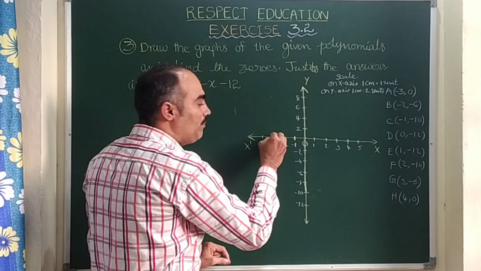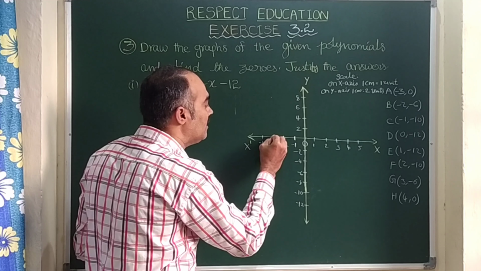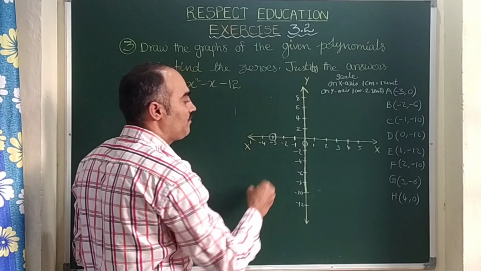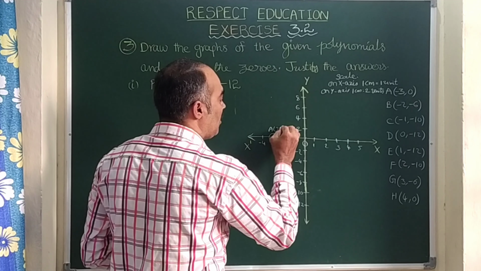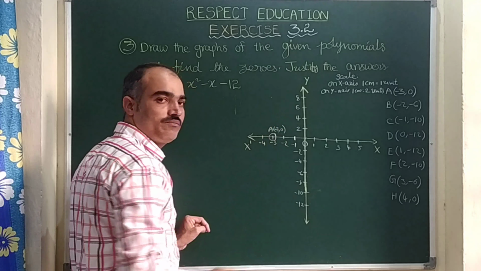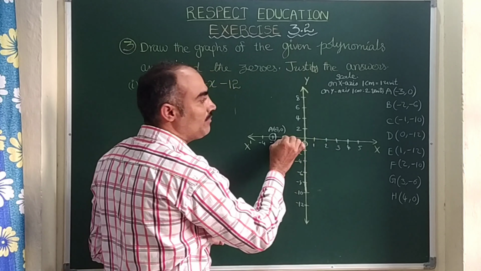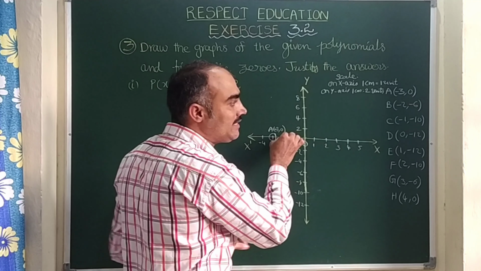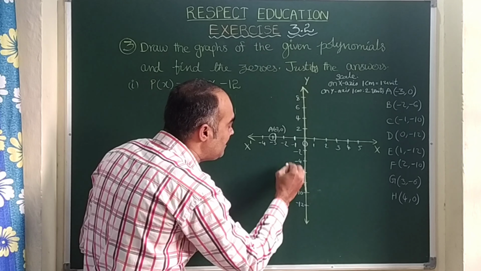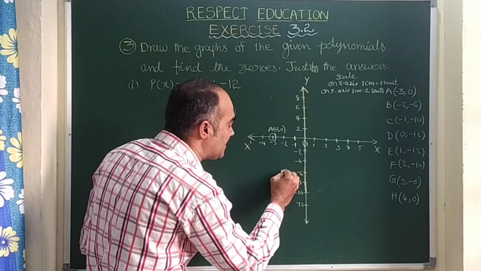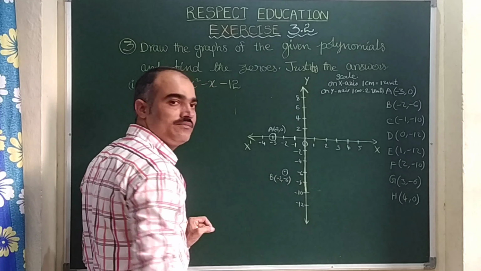See here, first minus 3, so I brought my bike here. Now I have seen the next value 0. 0 indicates I should not go anywhere. So this is the first point, children. Here I can write it as A, minus 3 comma 0, right? Now the second one, minus 2. Again I am ready with my bike at minus 2. Then the next value is minus 6, which means on this line I should go to minus 6. See here, it is minus 2 and minus 6. This is my second point, that is B, minus 2 comma minus 6.